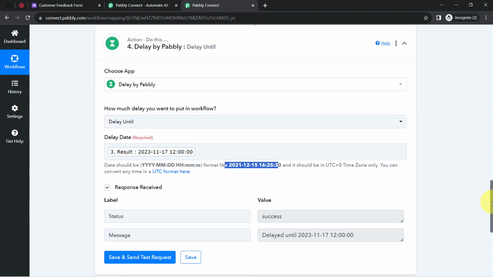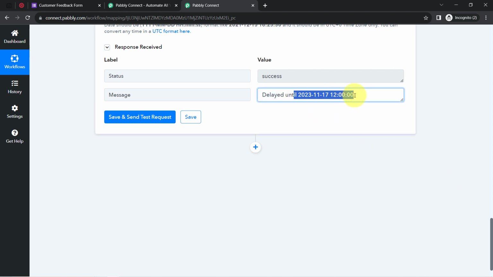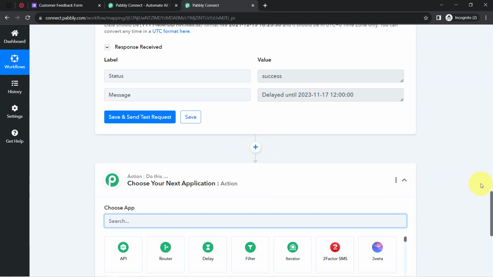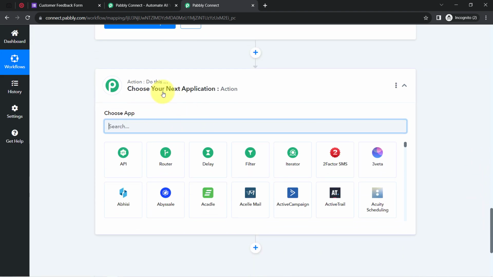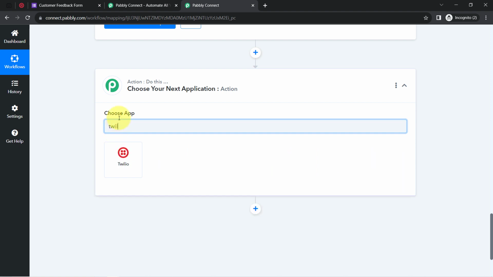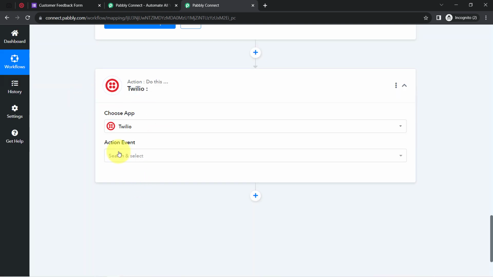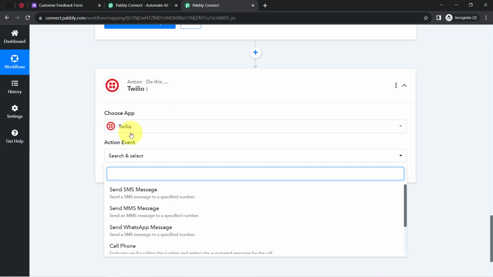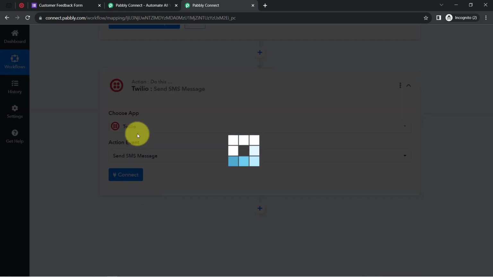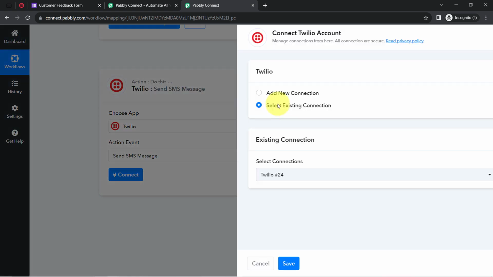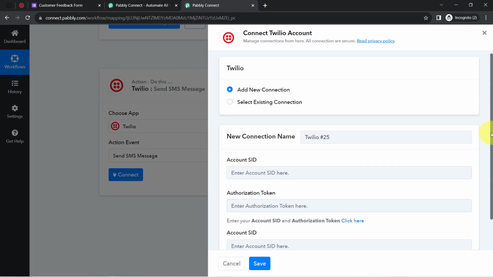Now once our automation is delayed until this specific time, and when this time arrives, what should be the next step? So basically it should immediately send the SMS, the appointment reminder SMS, to the customer. Okay, so as I have told you initially that I will use this Twilio application for sending the SMS, so I'm selecting the same application, and just like I have connected TidyCal with Pabbly Connect, now I will be connecting this Twilio with Pabbly Connect, selecting the action event as send SMS message because I want to perform the same. Now clicking on connect, clicking on add a new connection,